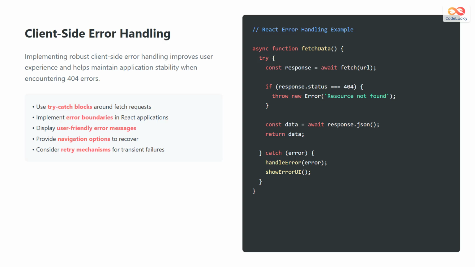Here is the example using React. async function fetchData() { try { const response = await fetch(url); if (response.status === 404) throw new Error('Resource not found'); const data = await response.json(); return data; } catch (error) { handleError(error); showErrorUI(); } }